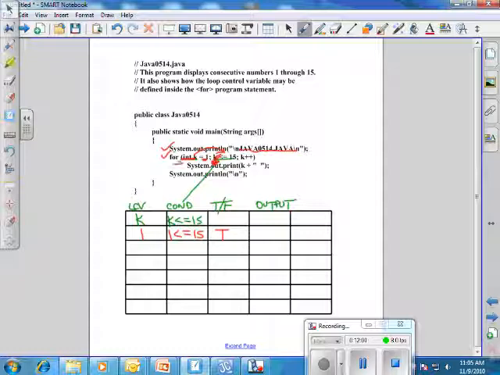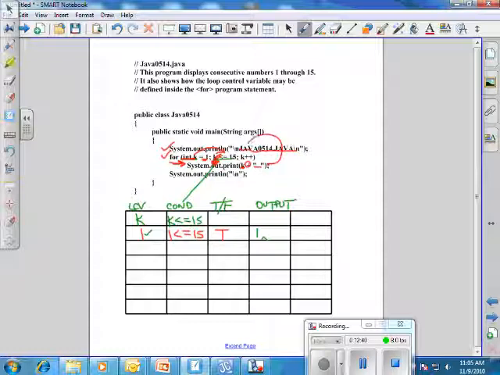to execute the code that follows the loop. So I have a print statement, and I'm going to output the value that is in k concatenated with a string literal that's a space. So now my output is going to be, the value that's in k right now in memory is 1. So my output is going to be 1, and my cursor will be waiting right here with a space. That's the end of the for loop. Since there's no curly braces, I just execute the single line that follows the control structure, and then